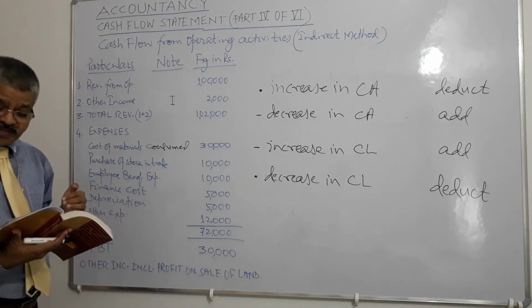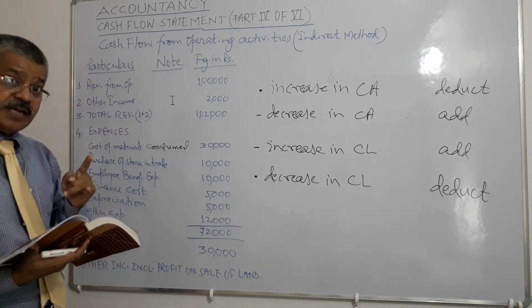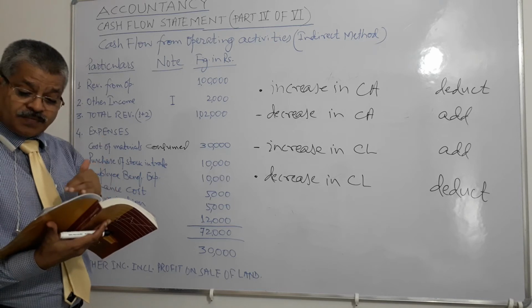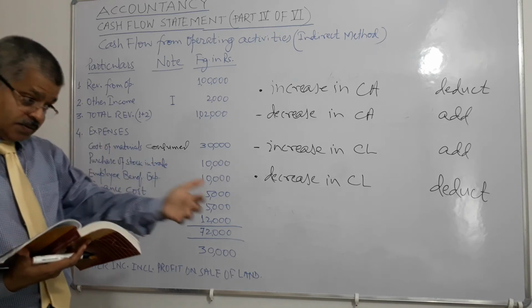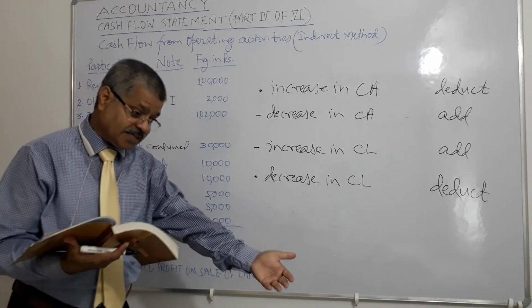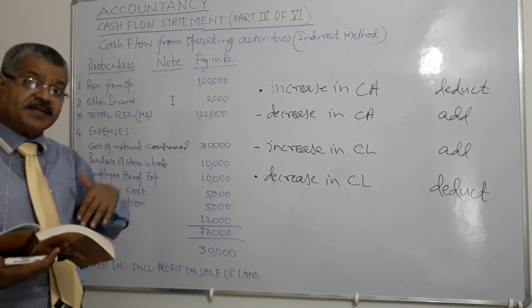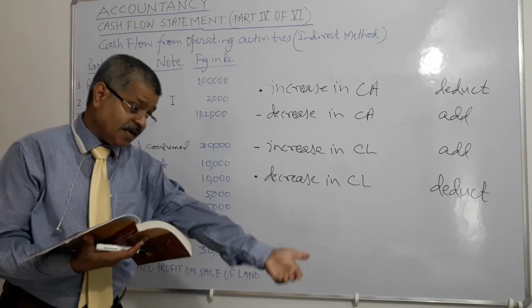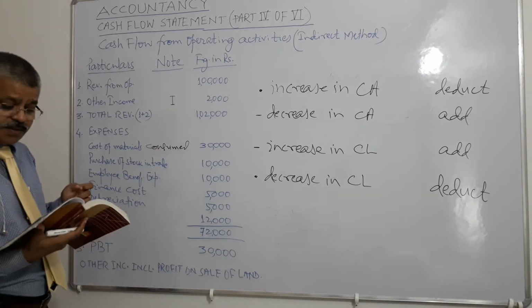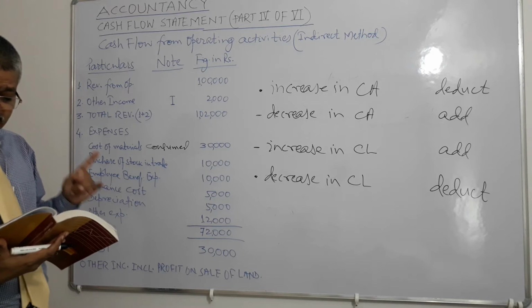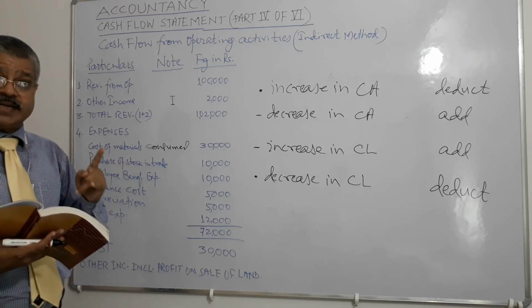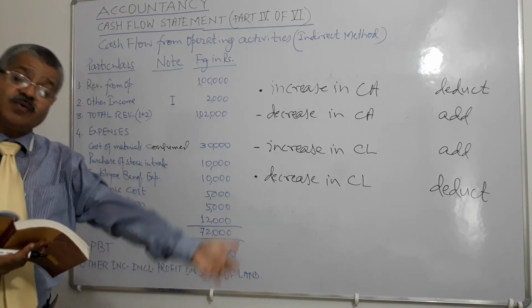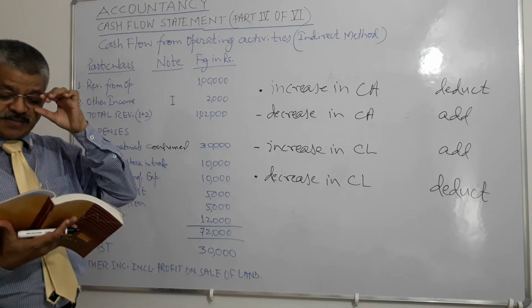All other items for which the cash effects are investing or financing, which we discussed, investing or financing or both: if on account of investing and financing activity there is an income, it needs to be deducted. If on account of investing financing activity there is an expense, it needs to be added back, right? All investing and financing incomes are to be deducted from the amount of net profits, while all such expenses are to be added back, which we have already discussed.